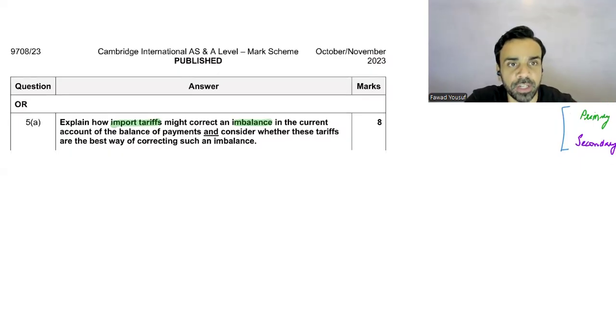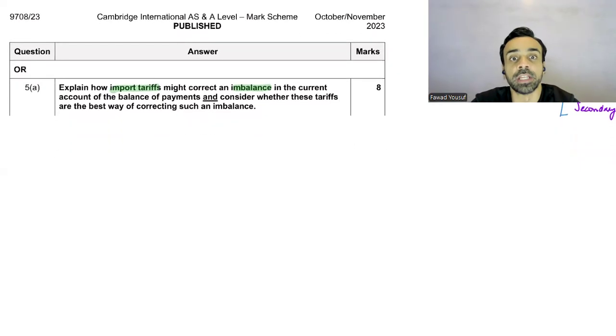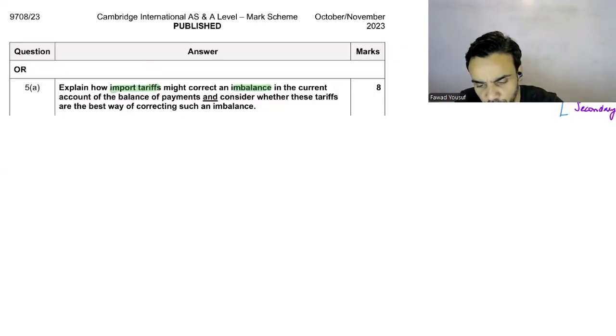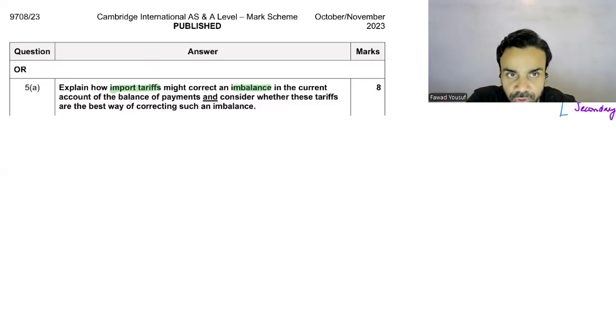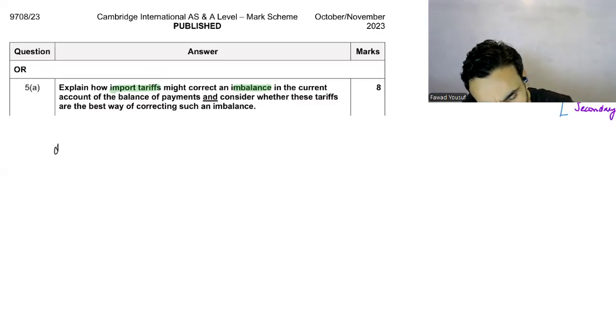How do we explain? First, उसने कहा explain how import tariffs might correct an imbalance on the current account. I see a lot of definitions that I think we should explain over here. सबसे पहले तो I think we should define what an import tariff is. Okay. According to Bamford, import tariff is obviously part of a protectionist policy. तो हम import tariff को explain करेंगे as